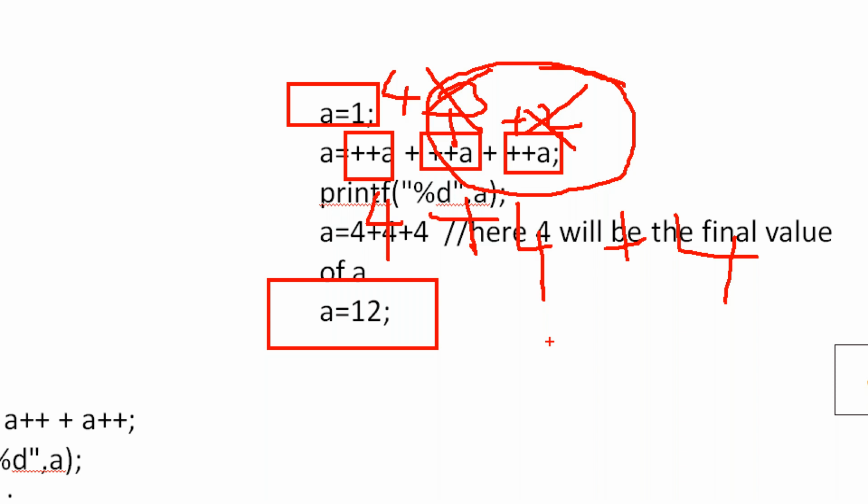So I challenge here, if you execute this program with the Turbo C compiler, you will get 12. And if you execute the same program with different editors, you will get different answers. They do not follow any proper analysis for simplifying this. Only Turbo C follows it, and according to that analysis, I am explaining the Turbo C way only. So if you execute this code with the Turbo C compiler, you will get the answer 12. But with another one, you will get different answers. Otherwise, you can verify later.